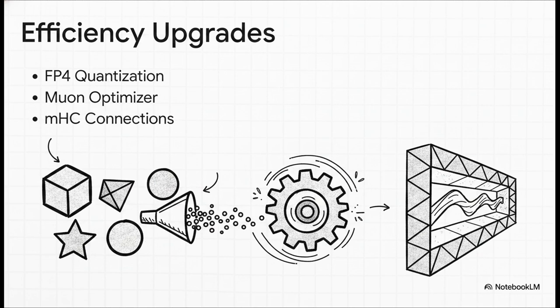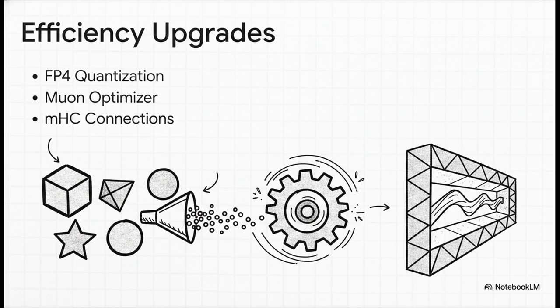First up, FP4 quantization. They shrink those giant expert weights down to an incredibly low-precision format. That drastically reduces GPU memory consumption and actually speeds up inference. Second, they use the Muon optimizer during training, which gives them much faster convergence and keeps things stable. And third, MHC, manifold constrained hyperconnections. This replaces standard residual connections. By mathematically constraining the signal, they prevent the data from exploding or vanishing as it travels through these super deep